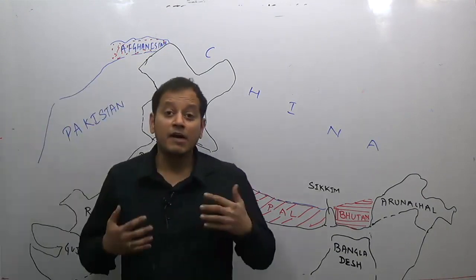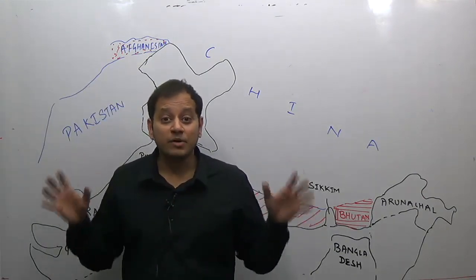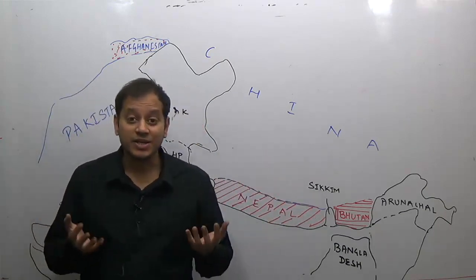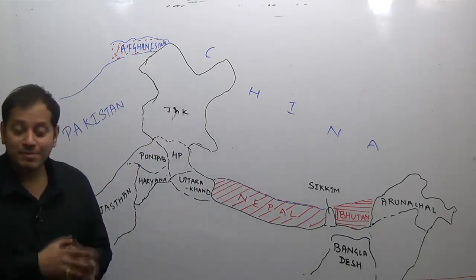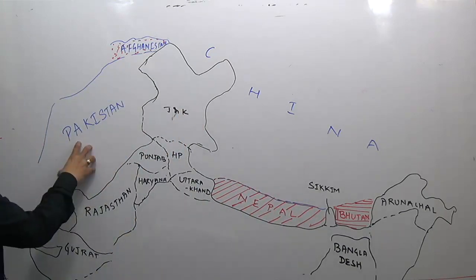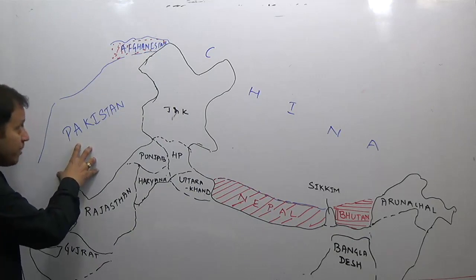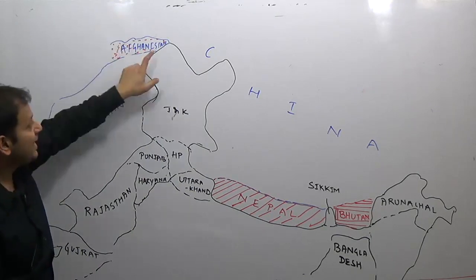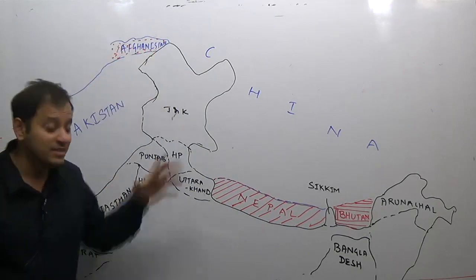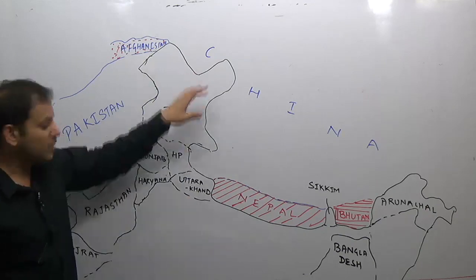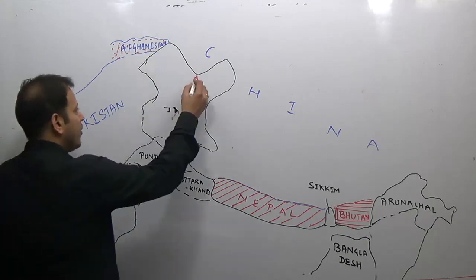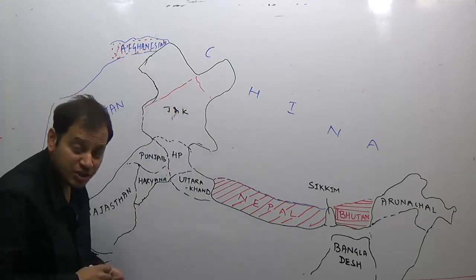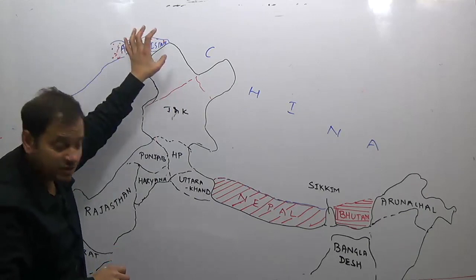Hi friends, continuing our lecture, we will start the land boundary India shares with some of the other countries. How are these land boundaries India is sharing? Just have a look at this map. In this map itself, we can know that on the western sector, India is sharing a land boundary with Pakistan. Here in the northwest, or at the top of the north, India shares a land boundary with Afghanistan. This is the Indian Union, but now this has been illegally occupied, what we call Pakistan occupied Kashmir, and this is the Aksai Chin region. Otherwise, India touches Afghanistan to the north.